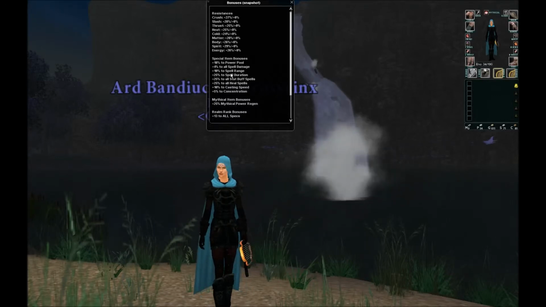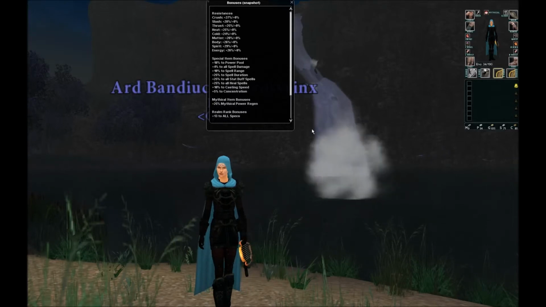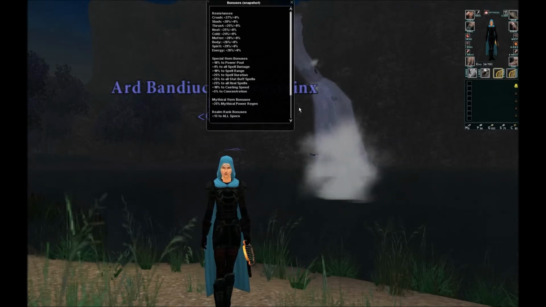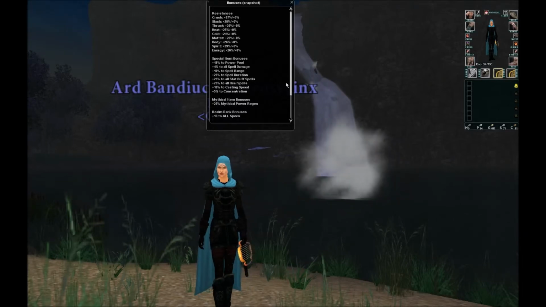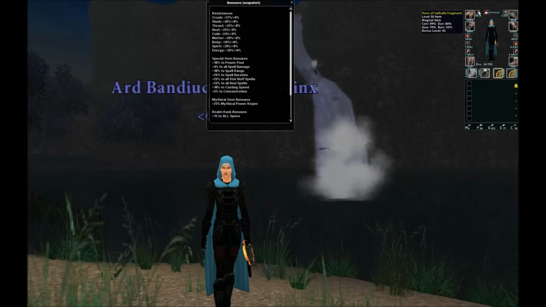The reason why spell duration is important on a bard, at least in RVR, is because Mesmerize and Root and those kinds of spells need to last as long as possible. On my Bard, I don't particularly use Mez and Root all that much, but I do have special items like the Horn of Valhalla Fragment and the